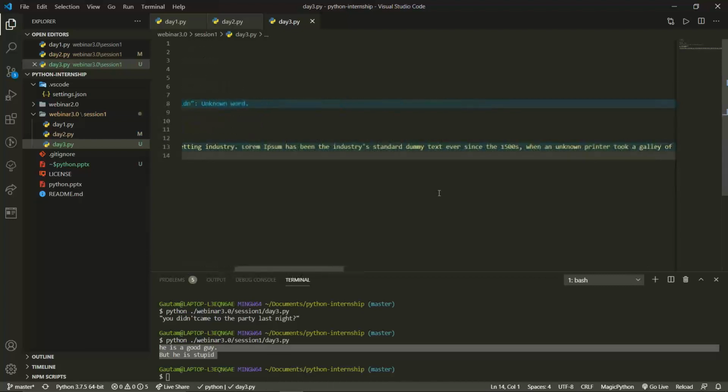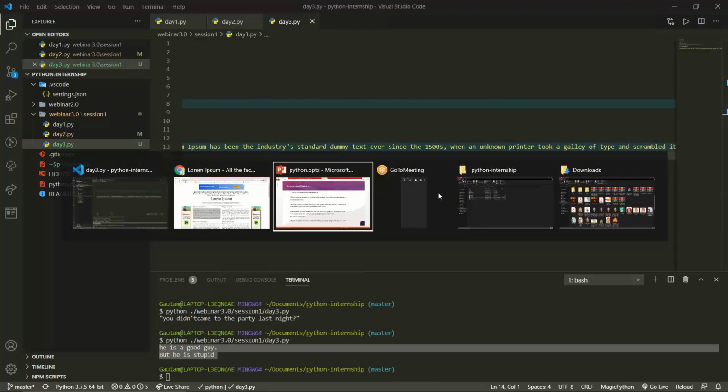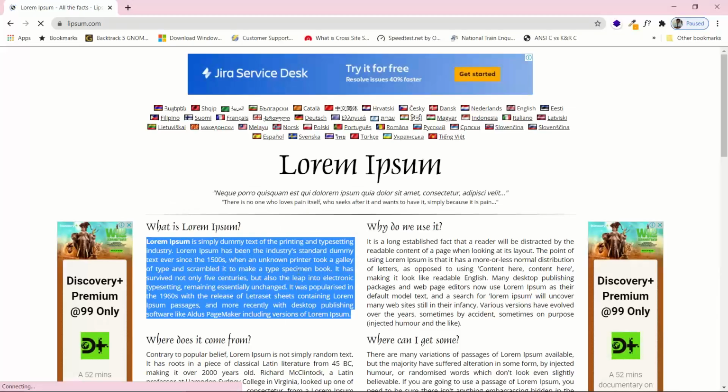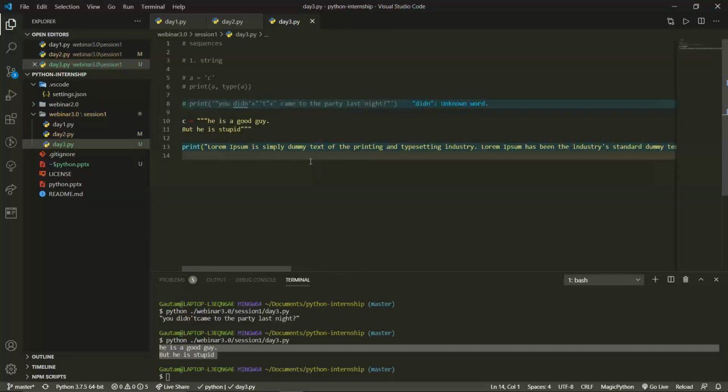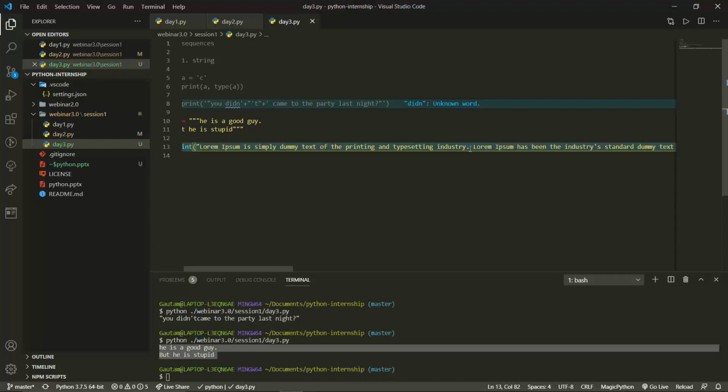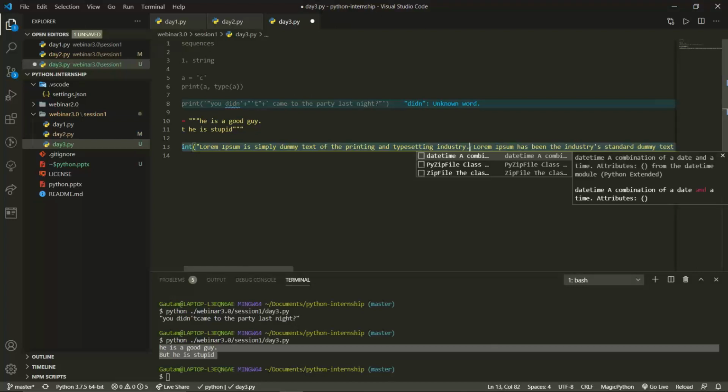Now when I took it, you can see I took it in multiple lines, but I'm pasting it in a single line. If I want to do this, then I need to put \n every time I want a new line, and I need to concatenate it.